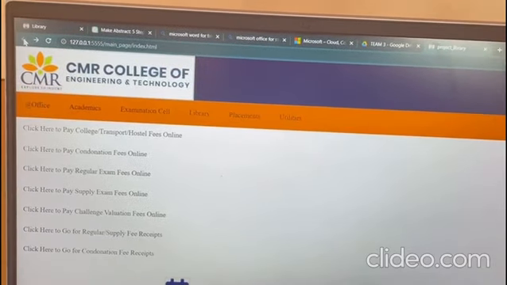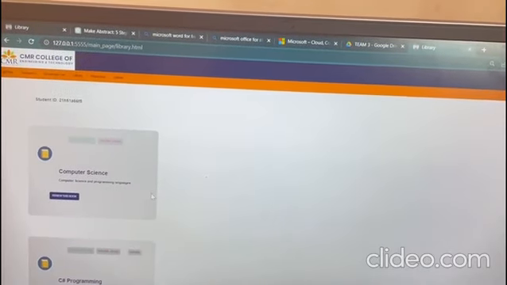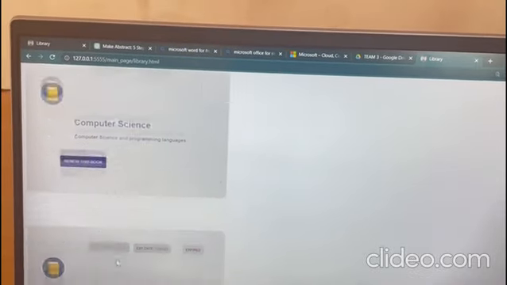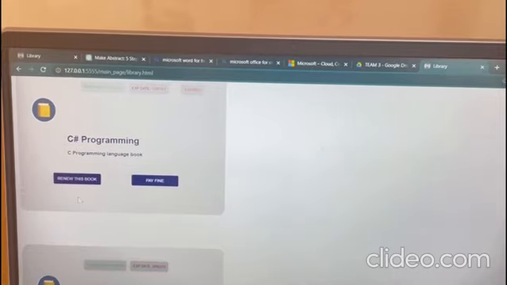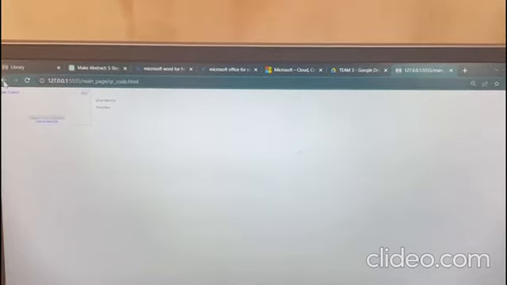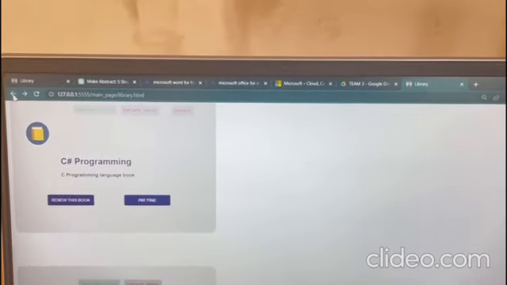This is our website which we have created. In this we have a library section. If we click on the library section, it will show us whatever books we have borrowed from our library. In this it will show us the renew book and pay fine options. If we click on renew this book, a QR code scanner will be opened and the book will be scanned and the renewal will be done automatically.